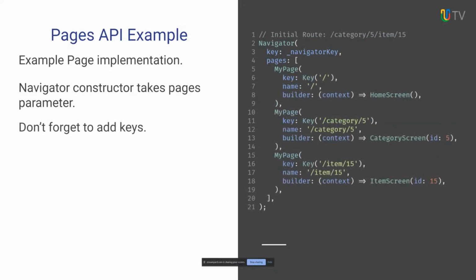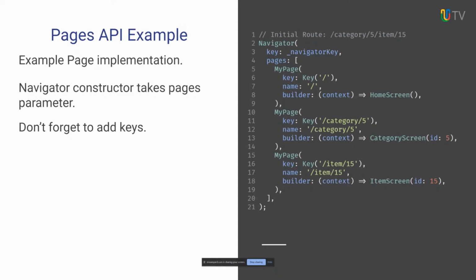So something you can see now, do not forget to add the keys. It's very important. Just like the widget tree, as I said earlier, the way it does the comparisons, it compares the runtime type. In this case, that's my page. They're all the same. So if we didn't have a key in there, if we removed one of those pages, it would not know that the stack had changed, right? And we wouldn't see the transition of your pages. So it's very important to have keys on your pages, okay?